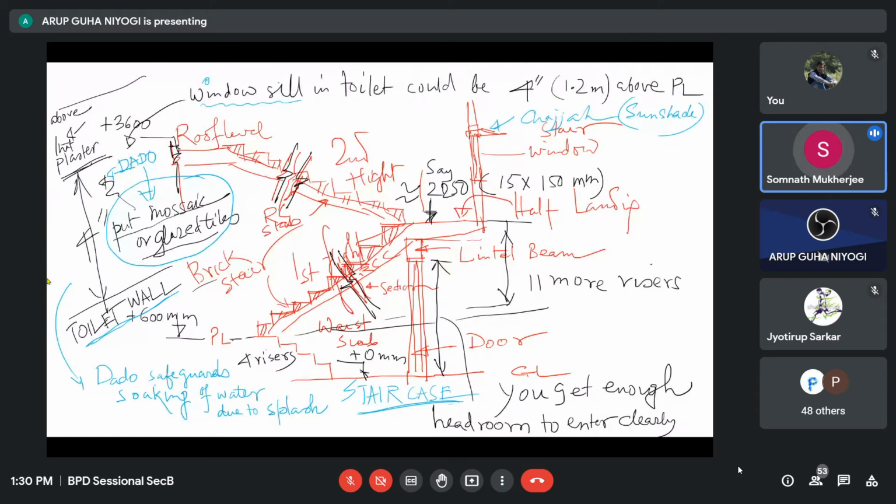I will try to explain. Other professors are there, they are very experienced and knowledgeable also, so they can also explain. You can just tell me whether you are able to draw these things up to this point, and then I can tell you how you can draw the elevation. So for drawing of any plans,